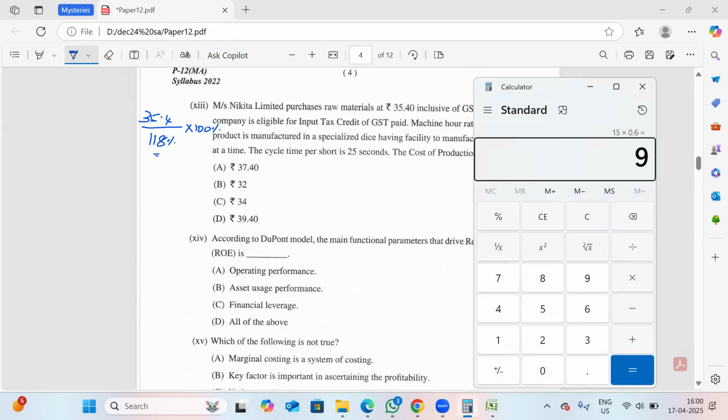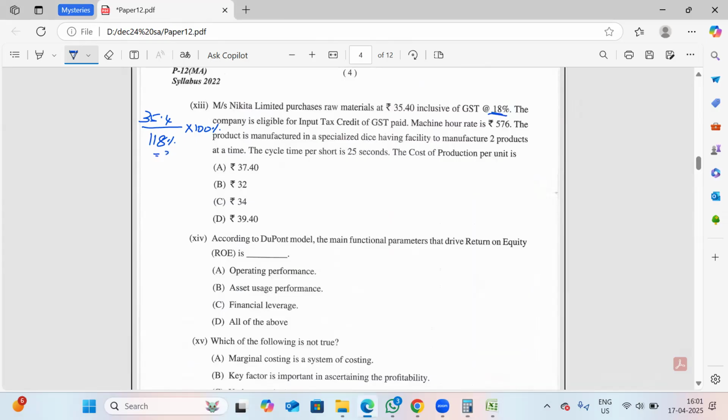So 35.4 divided by 118 percentage. So my raw material cost is 30 rupees, which is exclusive of GST. This is my raw material. Okay, fine. Now,